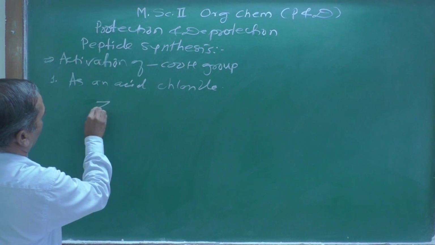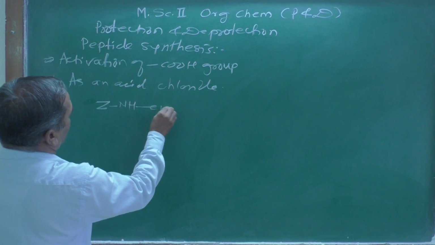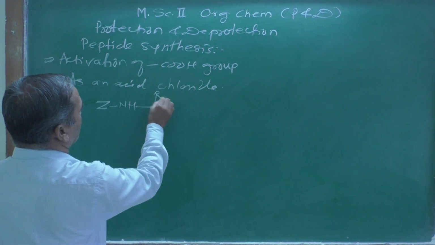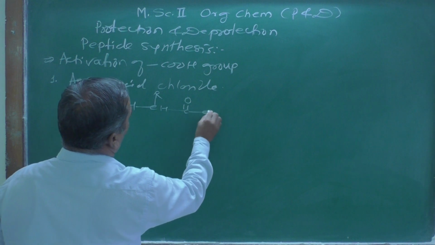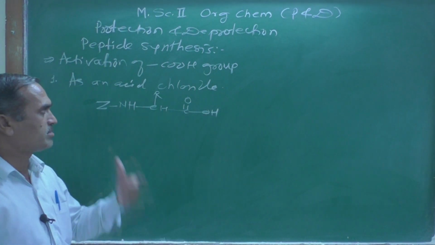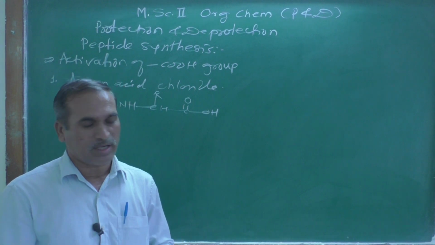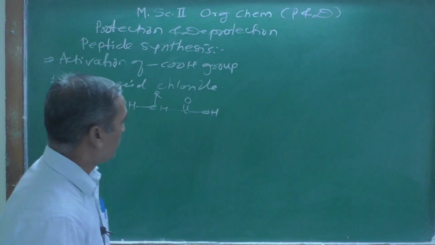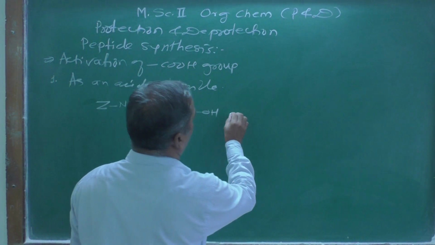Let us see here Z, then NH, CH, then R, and C double bond OH. This is the protected amino group in an alpha amino acid. And if this is further treated with